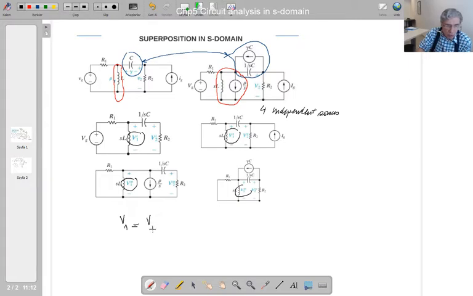So V1 prime, V1 double prime, plus V1 triple prime, that's this, plus V1 4 prime. So the summation of this one, this one, this one and this one